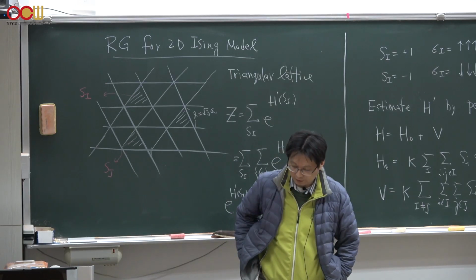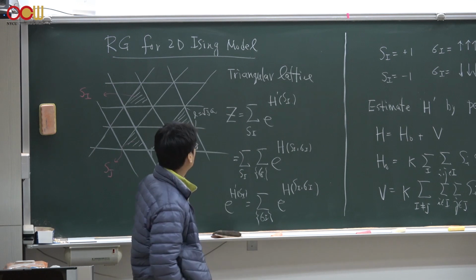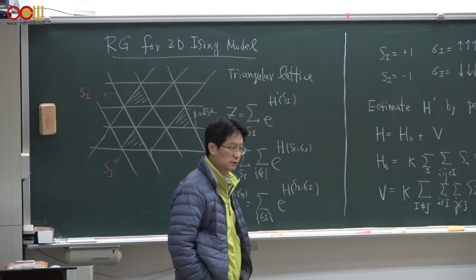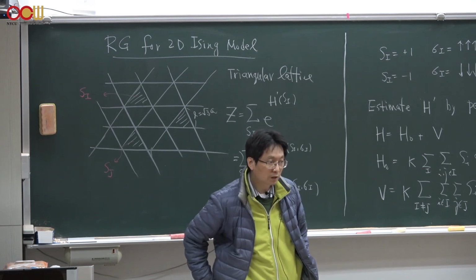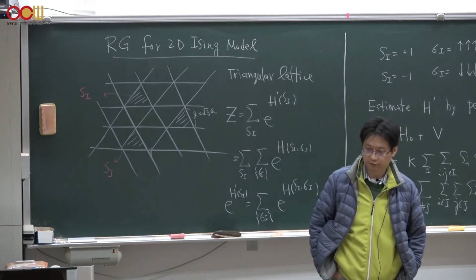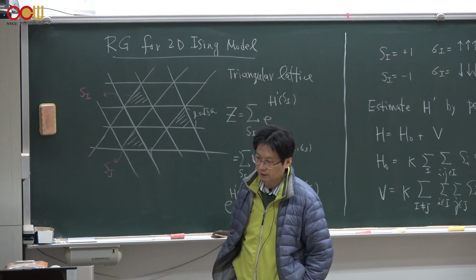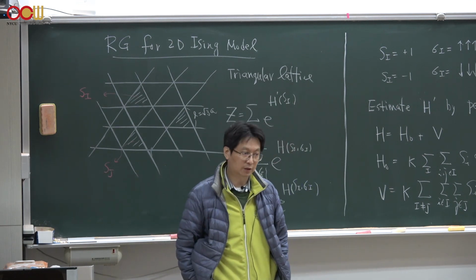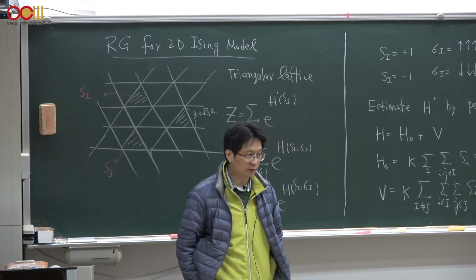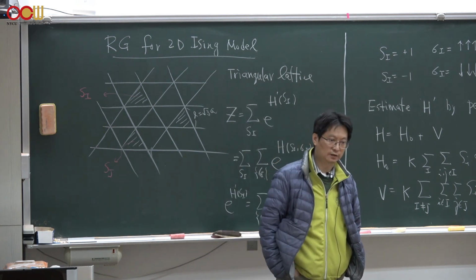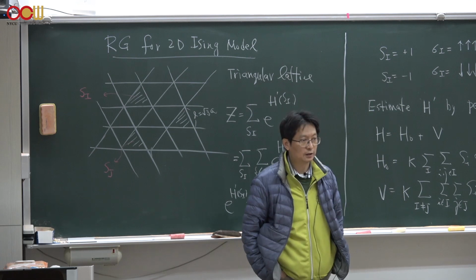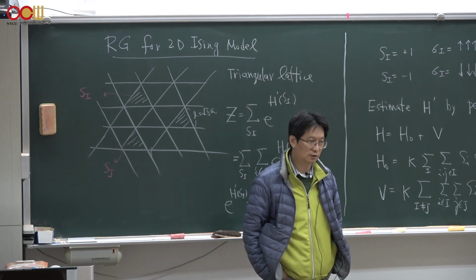So today we will finish this two-dimensional Ising model by renormalization group analysis. There are remaining topics about the RG, for example, the momentum shell RG and the finite temperature, finite size effect, crossover scale, and so on, which we cannot cover this semester. And also the Kosterlitz-Thouless transition.